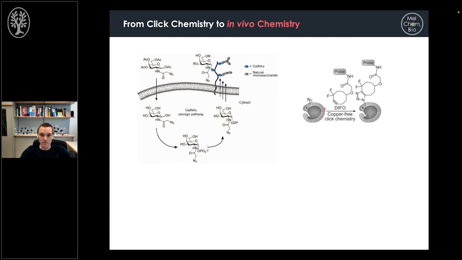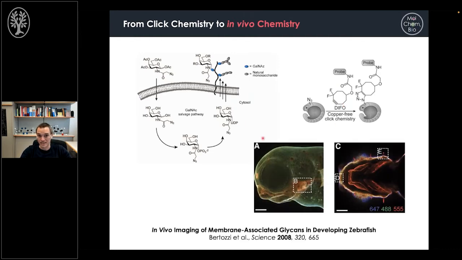treat a developing zebrafish, so growing zebrafish with cyclooctynes conjugated to a fluorophore, as I said, at different time points, and then later on really showed that the chemistry is basically happening inside the living fish, and that it's possible at a later point of time to really take a closer look at those glycan structures, also in light of the development process of the fish. So that's certainly one of the landmark papers, if not the landmark paper, in the field of bioorthogonal chemistry. And as I said, it completely changed my view on this topic. And that was basically